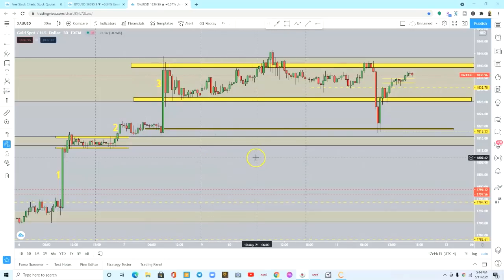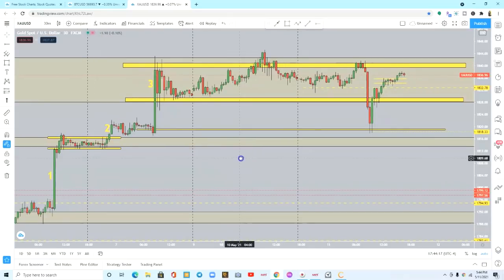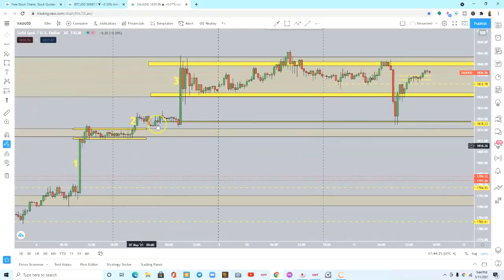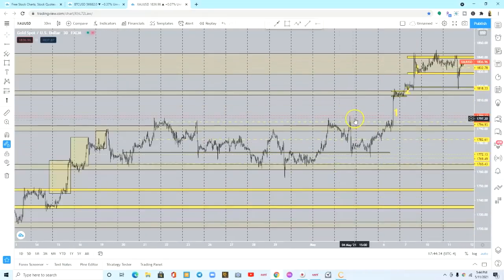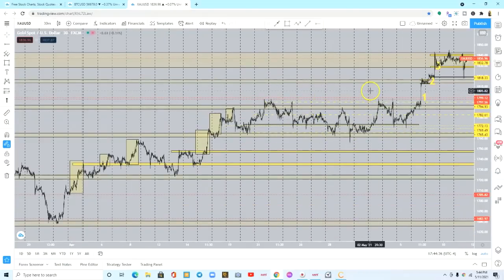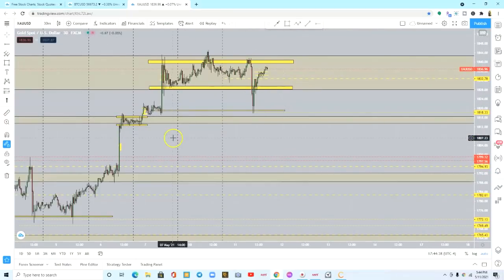And the way to spot them, and it happens on any time frame also, you have to mark up your support and resistance, because the three pushes happen within support and resistance. See, this is support and resistance right here, but these wide boxes are also support and resistance. You have to mark it up so that you can see the pushes